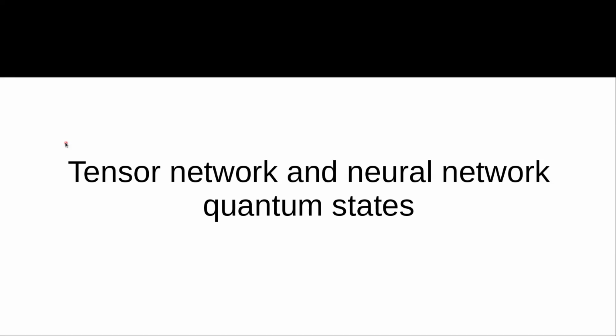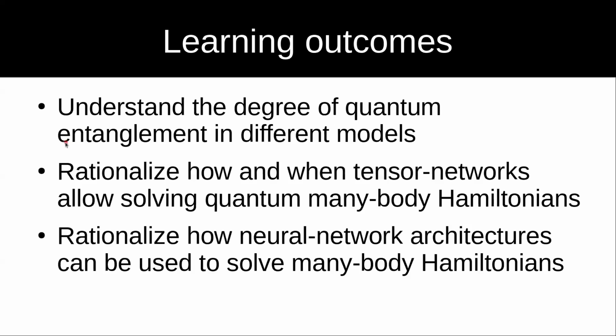Welcome to the session on tensor networks and neural network quantum states. Today, we are going to focus on two different variational quantum many-body formalisms to solve general interacting many-body Hamiltonians. And in particular, first, we are going to focus on how we can understand the degree of quantum entanglement in different quantum many-body Hamiltonians, and how we can use this limited entanglement to actually use two new variational methods to